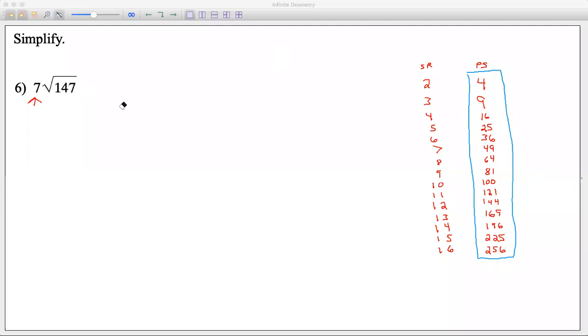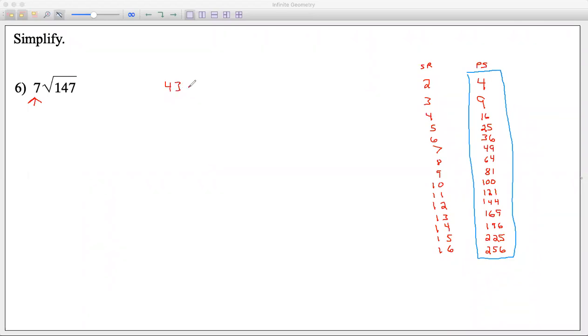Does 9 go into it? Nope. 16, we're not going to consider any of the even numbers because remember, an even number times an even number is even, and an even number times an odd number is even. So the only ones you're going to consider now are the odd ones. So 9, does 9 go into 147? Nope. 25? Nope. So 49 is our first candidate, and it turns out that 49